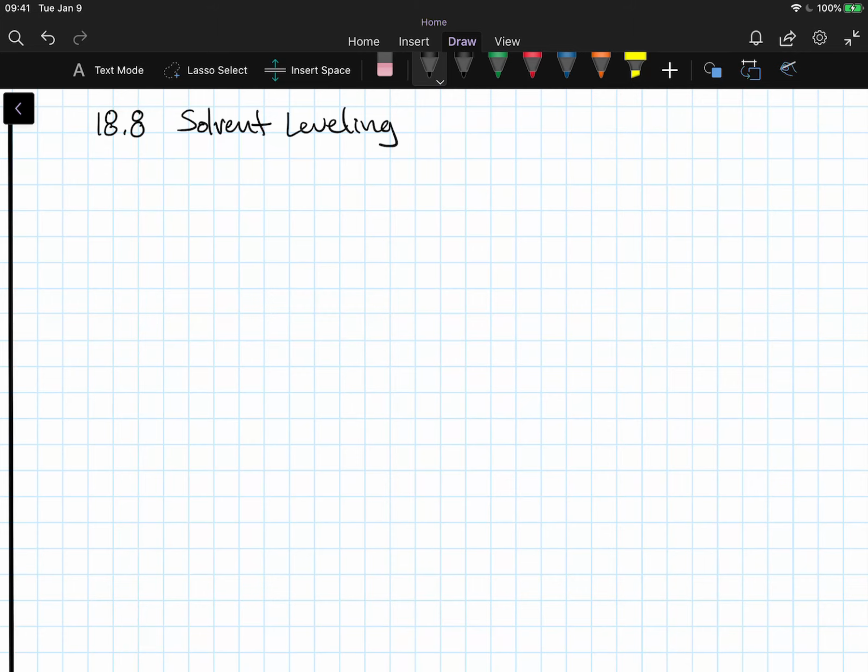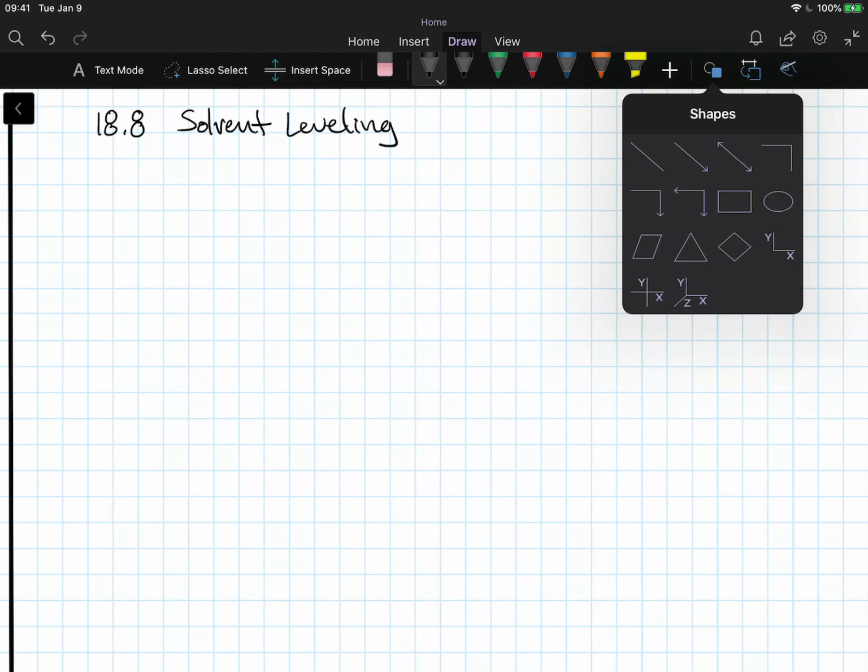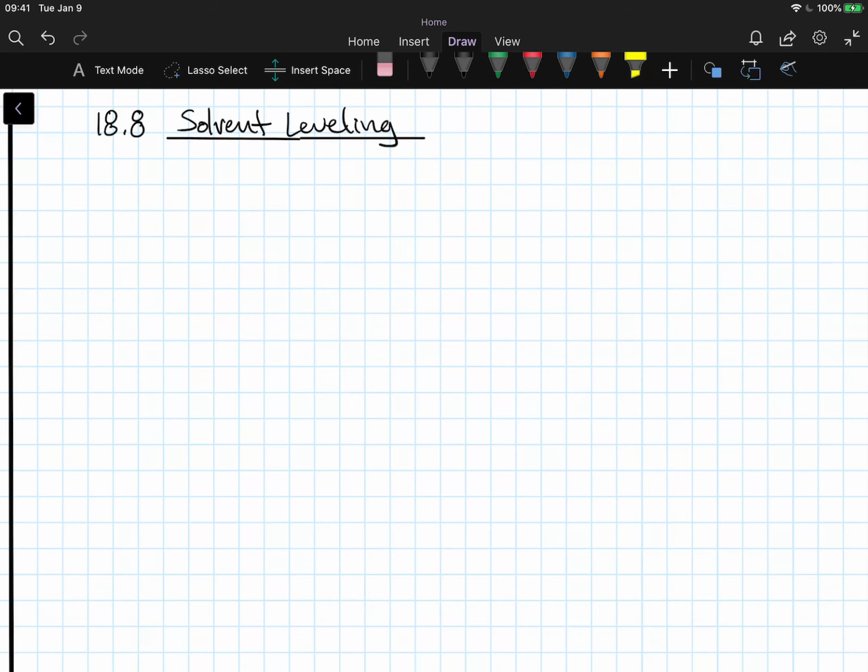Okay, welcome. This video is going to be discussing one of the last sections in chapter 18, talking about acids and bases. This section is about solvent leveling. This should be fairly brief. In this section, talking about solvent leveling, we have a simple statement,